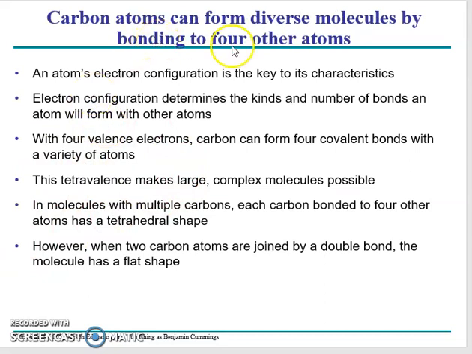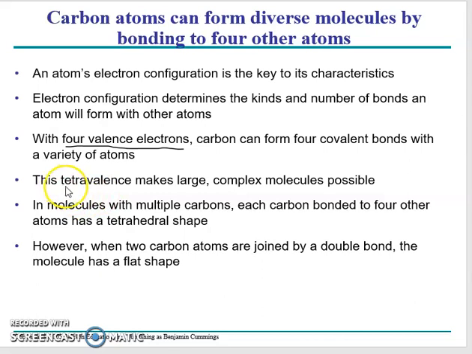Okay, so carbon atoms can form diverse molecules by bonding to four other atoms at most. I don't know if you remember this from two units ago when we talked about carbon. Carbon has four electrons in its outer shell, so that would be four valence electrons. That means it can either fill its shell with four more electrons in order to be happy, in order to be stable, or it can get rid of four electrons in its outer shell to bring its shell down to zero. Either way, it's happy. So I think that's an important point.